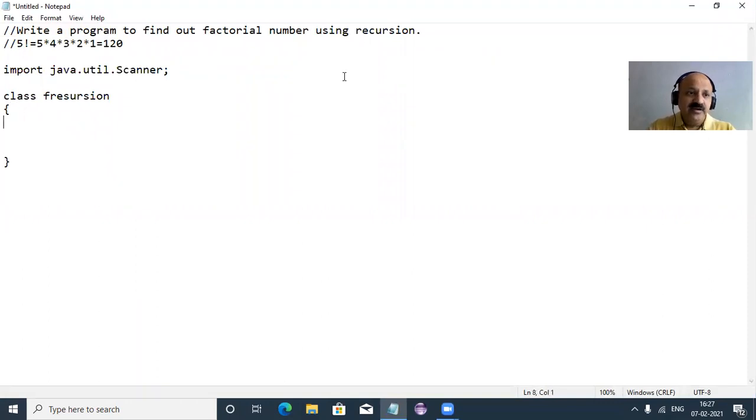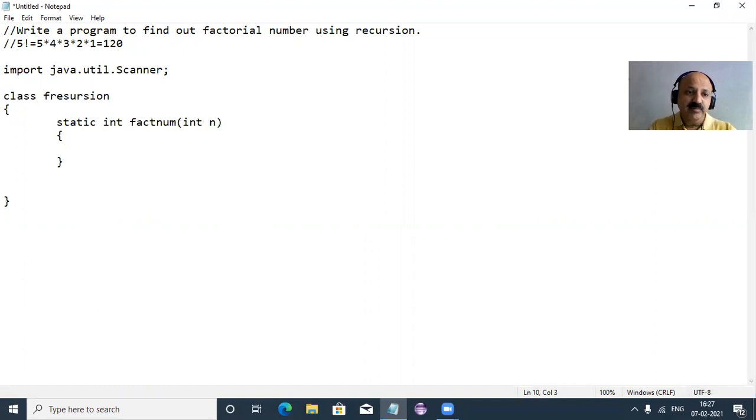And first we define, not main, but static int factNum, that is our member or method in Java, like a UDF in C and C++. In Java that is a method, and we take one number that we have to pass in the main method.